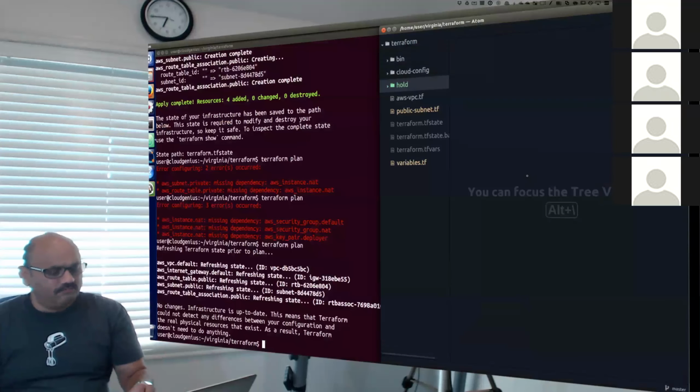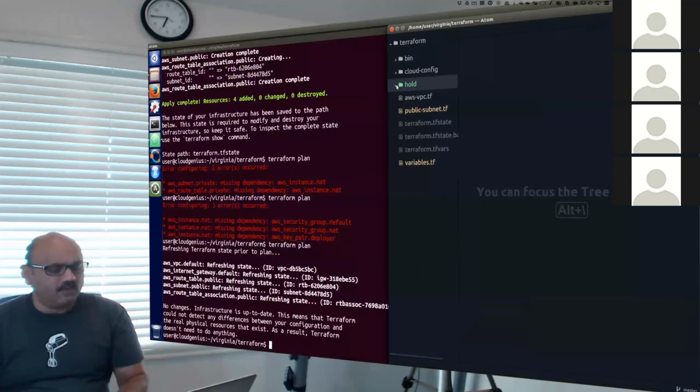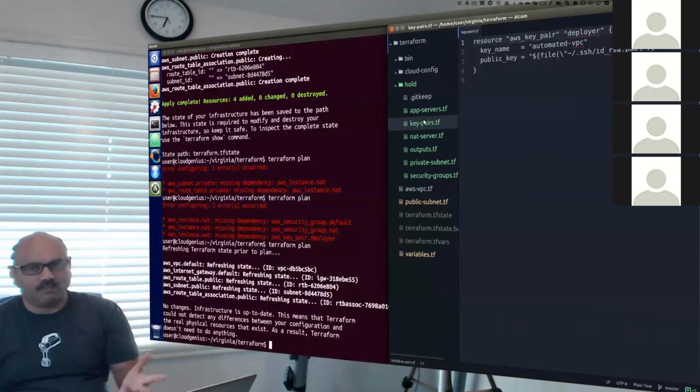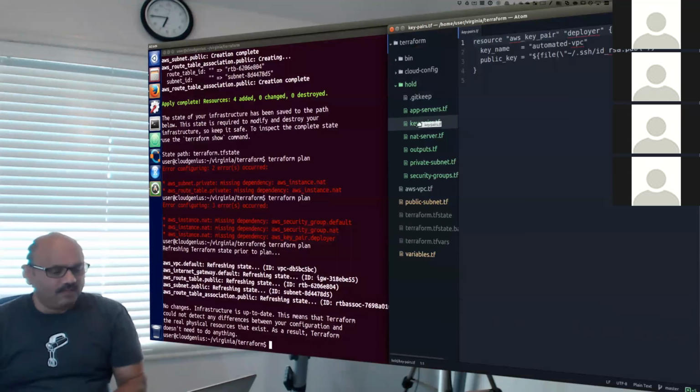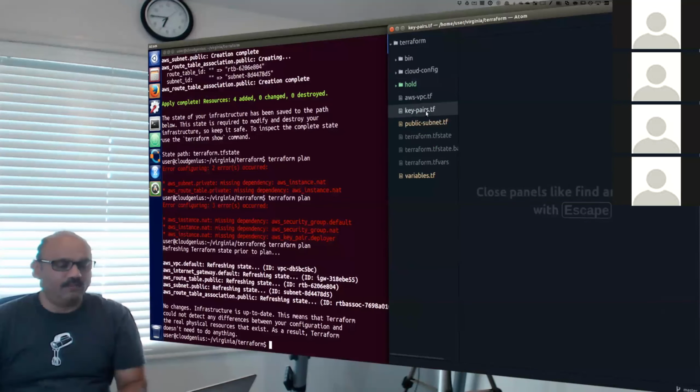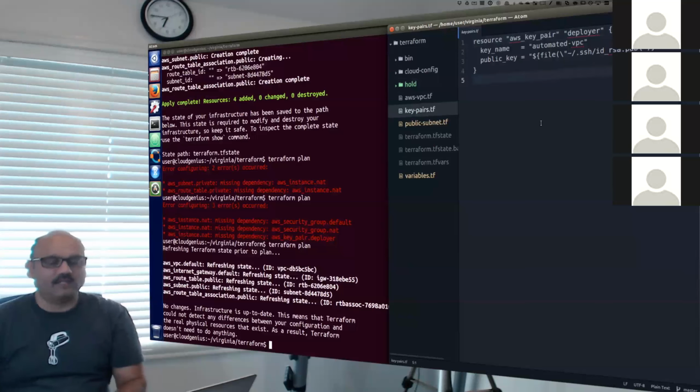So back in here, from the holding area, let's get the key pair out. Key pair is very simple. It says, go grab the id_rsa.pub and give it to Amazon. So we'll take that key_pairs.tf file and move it to the main folder outside and minimize the holding area. Look at the key pairs file again. In line number 3, you will see it does exactly what I just said.